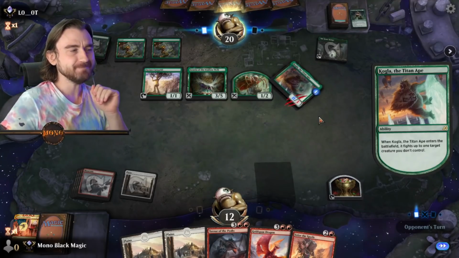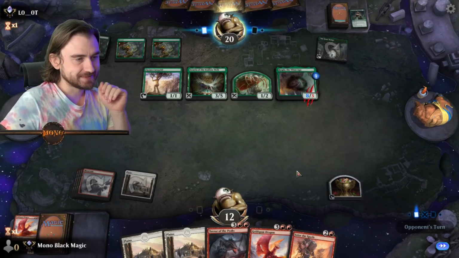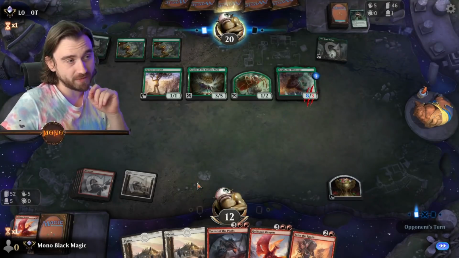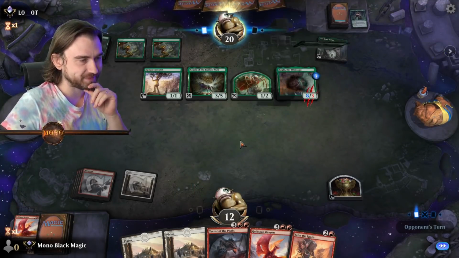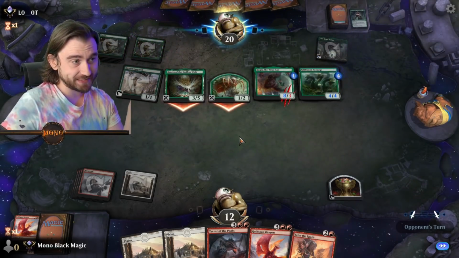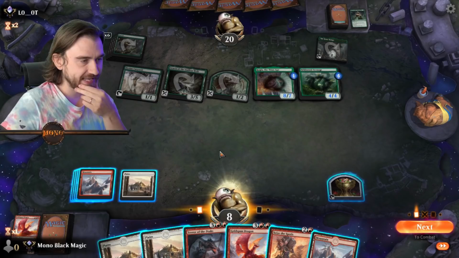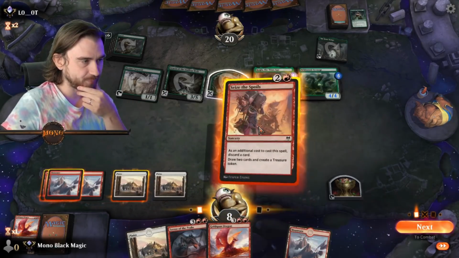Okay, everybody, seize the spoils. Well, if I'd kept the board wipe, I think it would actually have been fine. Actually, I think we might have been fine. Well, we might still find the board wipe though, because if we find it now, is there any way we survive? I'm thinking if we seize the spoils...